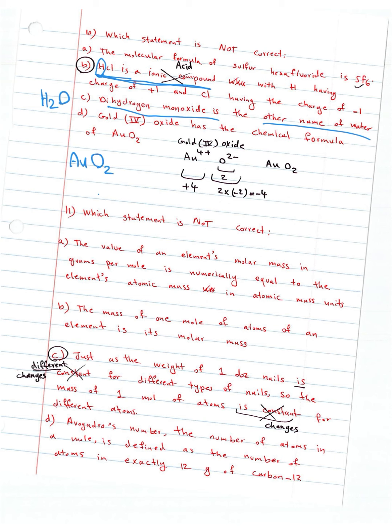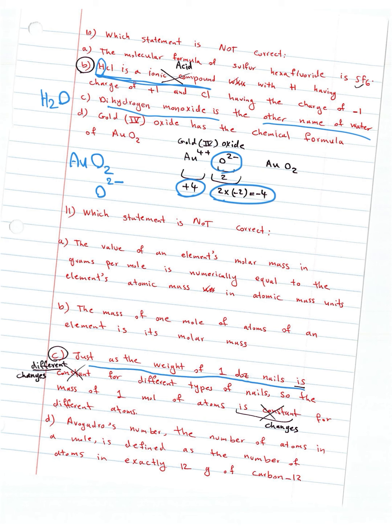If you are given this, you know that O has charge of -2. And then you have 2 of that, so you have total charge of -4. So it should be like +4 here. Which statement is not correct? All of these statements are correct, and I refer you to the book to study and see why they are correct. But here,